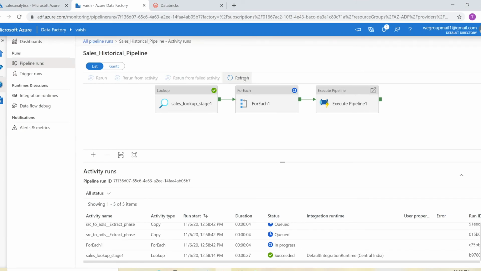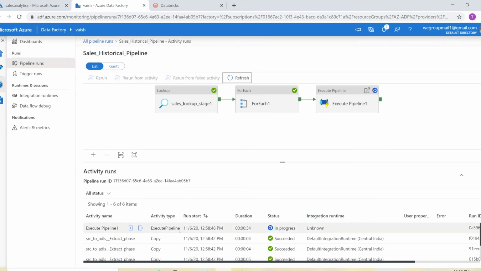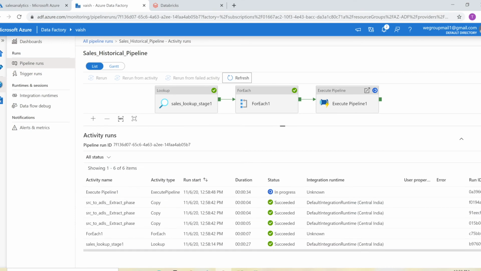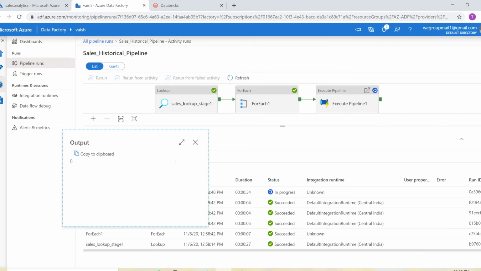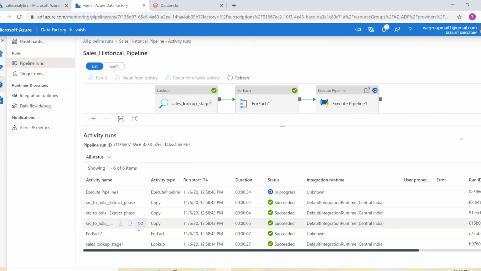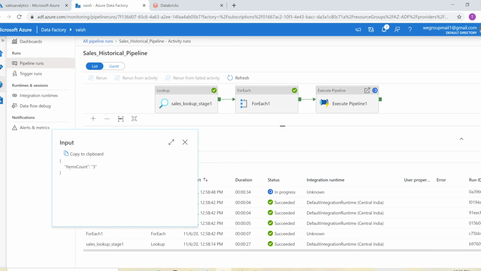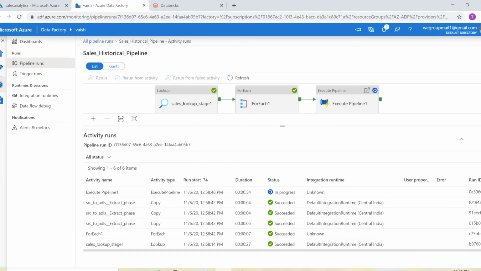So in each and every iteration, it will take, as you can see here. Inside this for each activity, we have our main activity, the copy data activity. This for each activity has taken the input from the lookup activity. See, item count is 3, and we'll use the item function internally inside the copy data activity. As you can see here, the copy data activity has executed 3 times, because in each and every iteration,